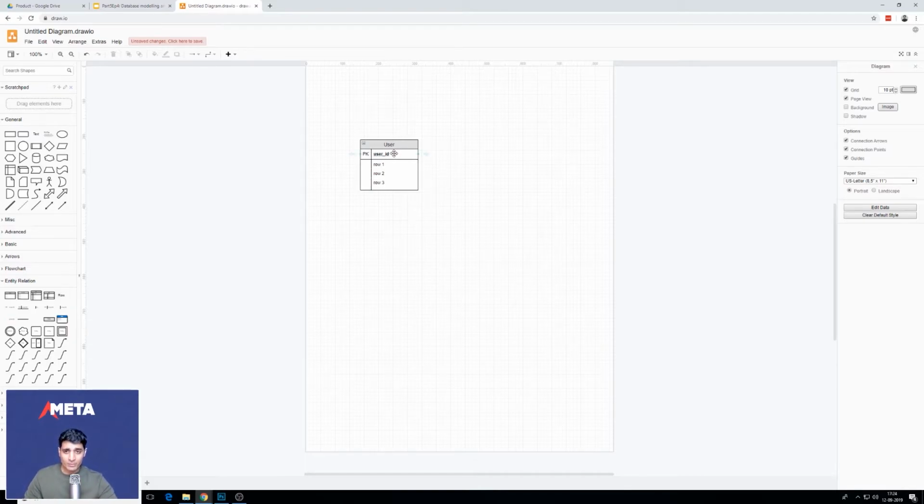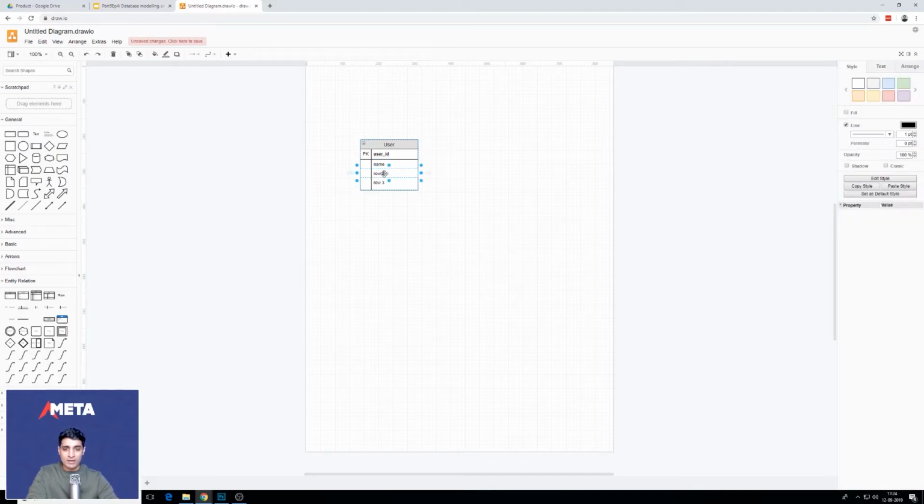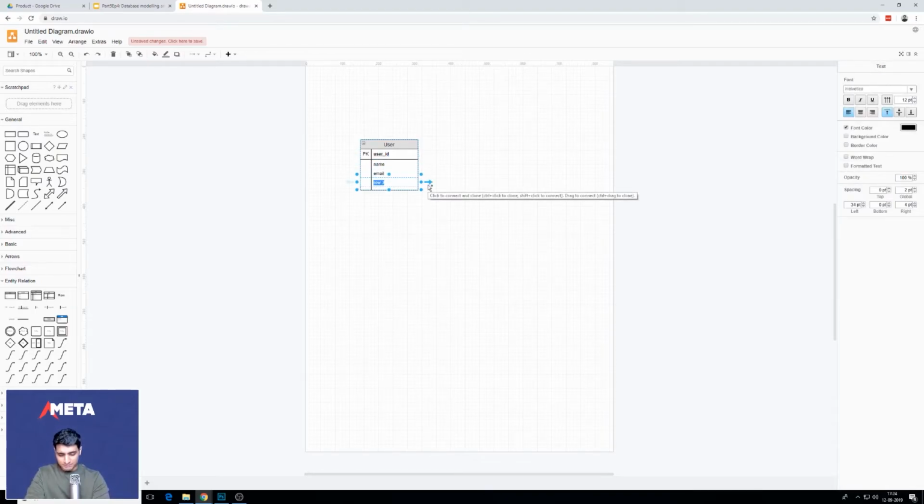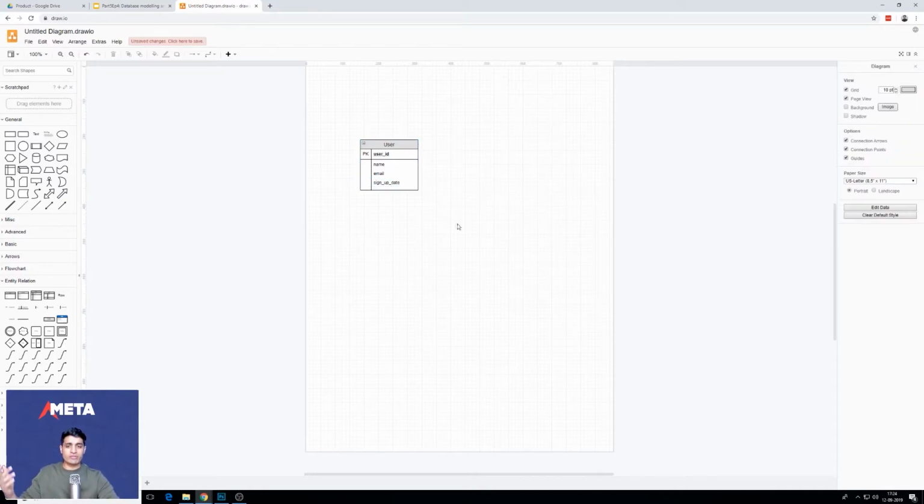So here the primary key is user ID, and let's put in some attributes. This is how you denote attributes, right? Let's say we want the user's name, the user's email, and probably the user's sign up date, right? So just giving you some examples of what we want. And this is just your user table. Okay, this is your user table. Now let's introduce a